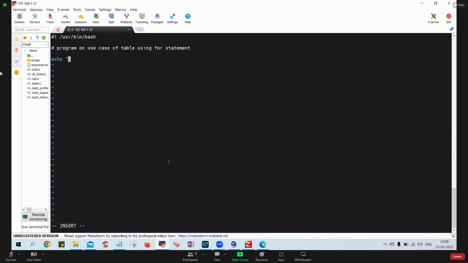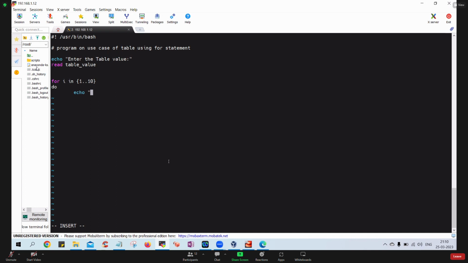Now say echo enter the table value. So read table_value. I will say for I in, start from 1 and go up to the 10, then do